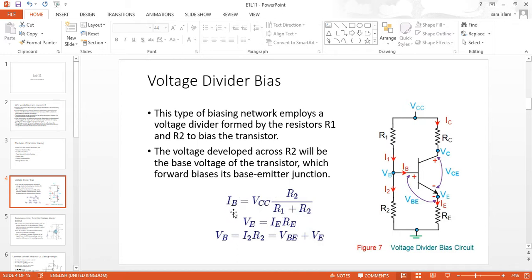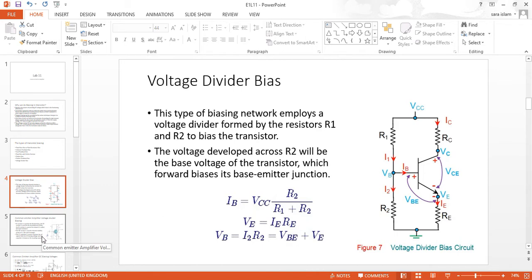I had it's VB, right? And when you want to calculate your base voltage, you can use this formula, right? And also you can say that V base is equal to VBE, the voltage between this transistor half, plus simply the VE voltage, right? So you can also write your base voltage in this format, right?